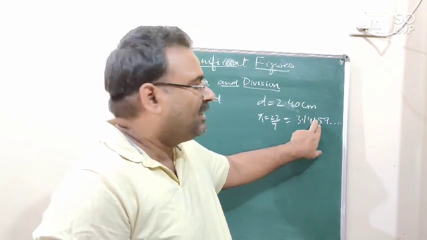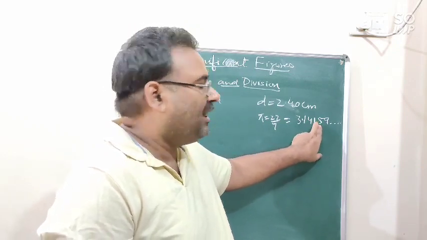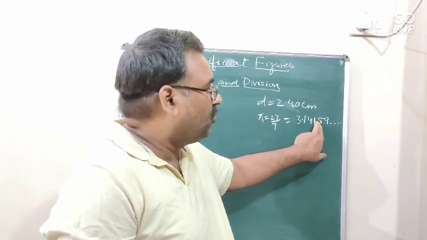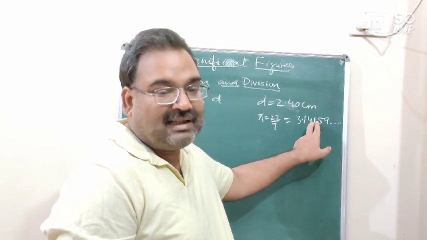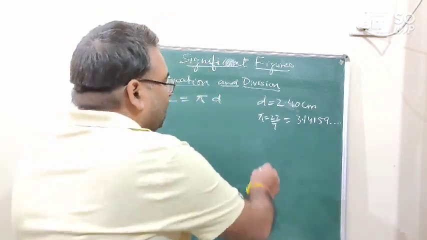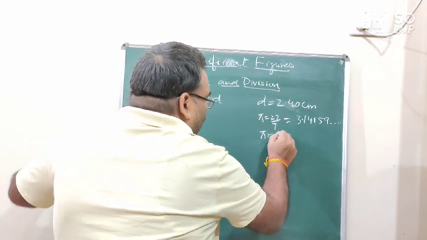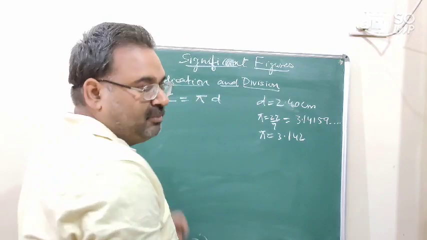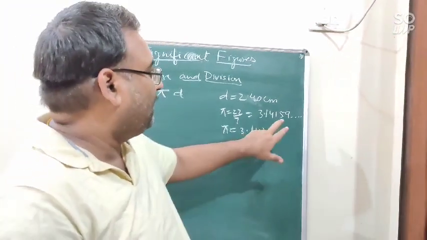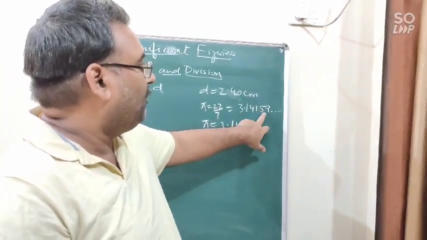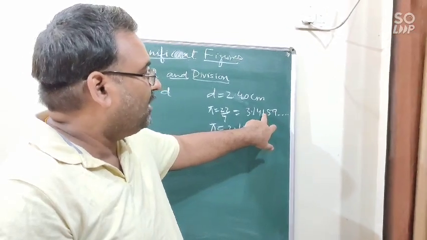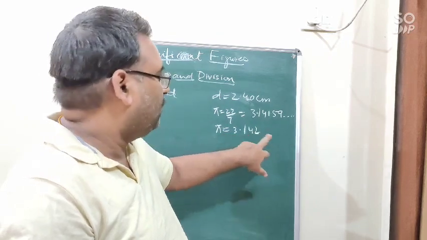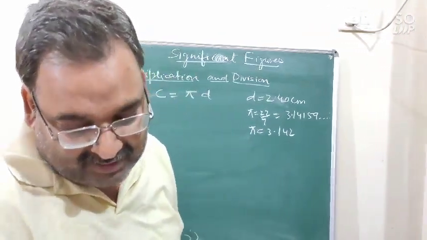और 1 के बाद क्या है? 5. और 1 क्या है? ऑड. तो राउंड ऑफ करते समय हम 1 इसमें ऐड कर देंगे. तो हमारे पास क्या आएगा? पाई की वैल्यू 3.142 आ जाएगी. समझ आ गया? यहाँ पर ये ध्यान रखने वाली बात है, यहाँ पर राउंडिंग ऑफ का रूल आ गया क्योंकि 5 है और 5 से पहले वाला नंबर क्या है? ऑड है, तो 1 ऐड करते हैं. तो 3.142. Now we multiply pi d.